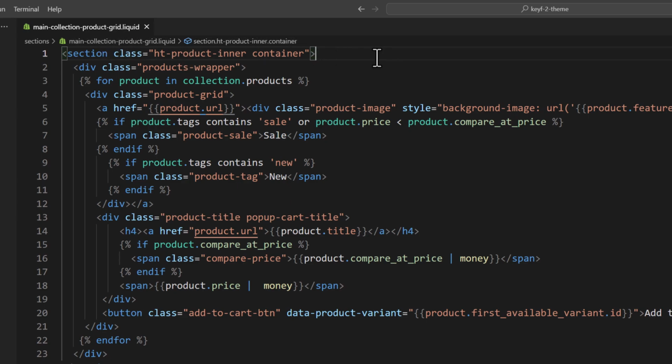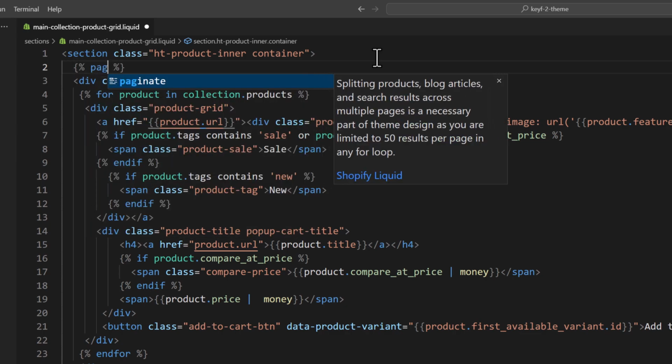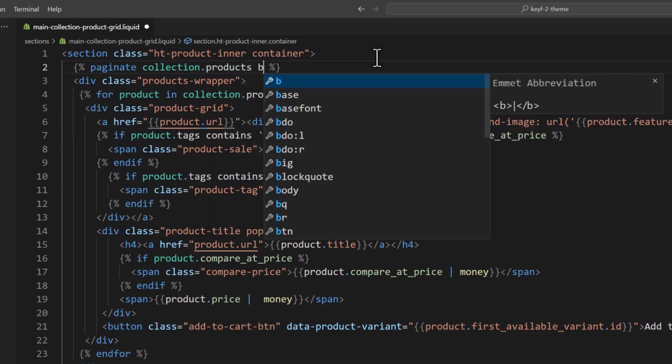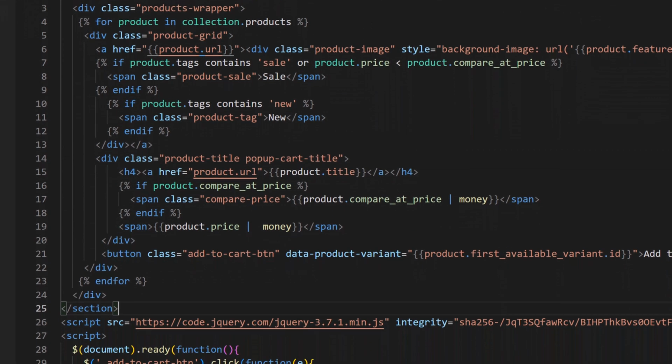main-collection-product-grid.liquid file in the DOM theme. Type paginate collection.products by, let's say, 8 products. How many products you would like to display? I would like to display 8 products per page. And